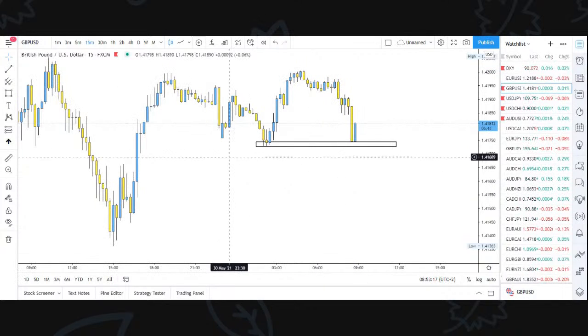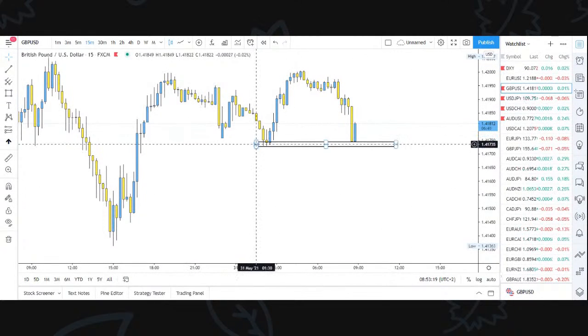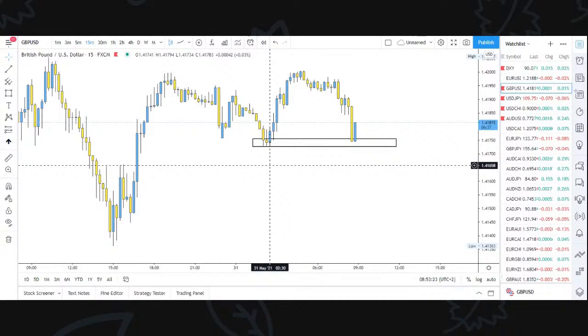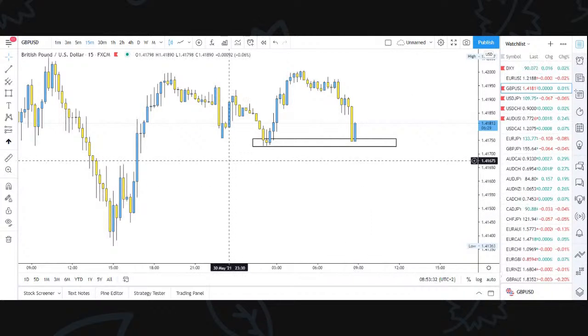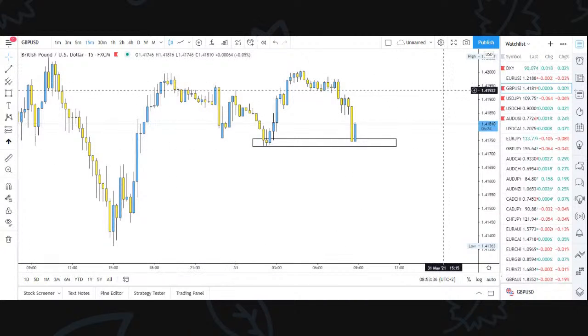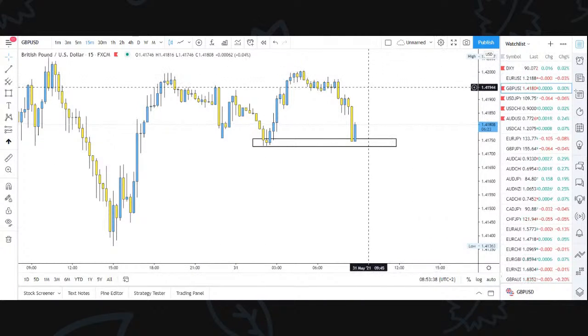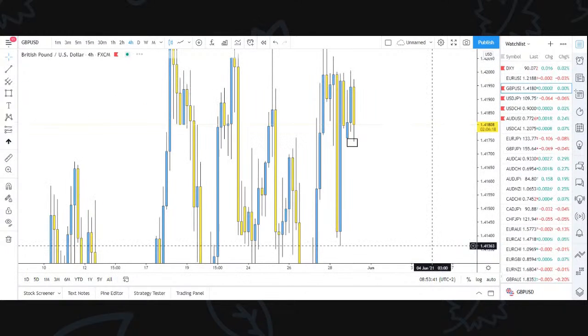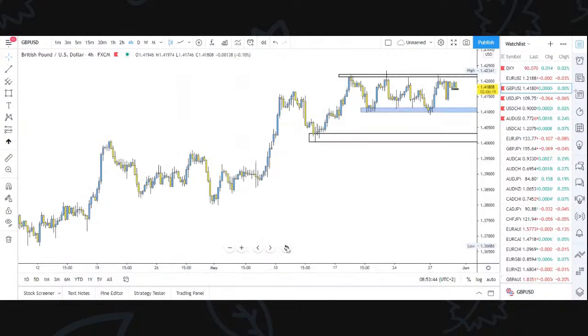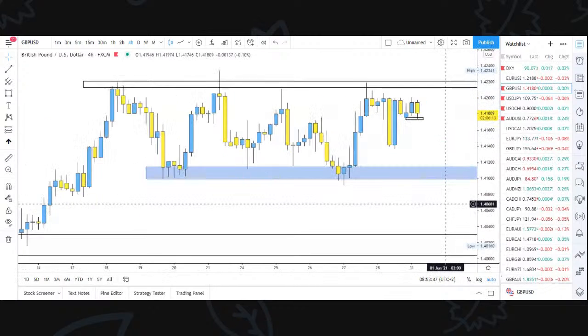What we can see on GBP, as I mentioned, is that GBP strength is quite strong. The pound is really strong in this market for some reason. So all we're looking for is actually buys on pound pairs. You should be looking for buys at least. That's what I should say. Even though we're in a range here,